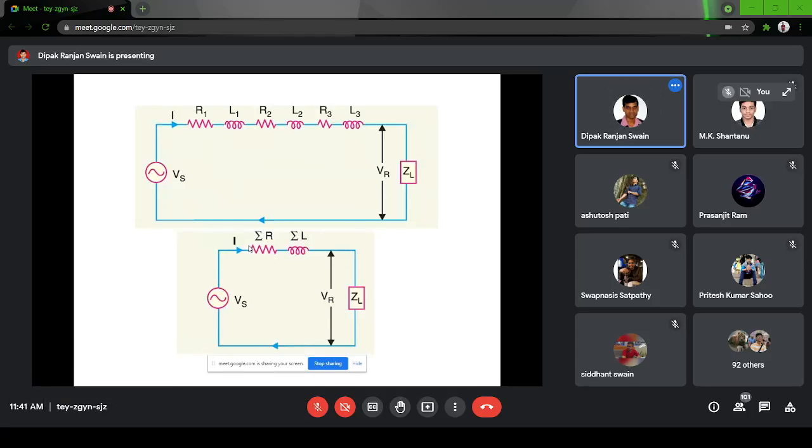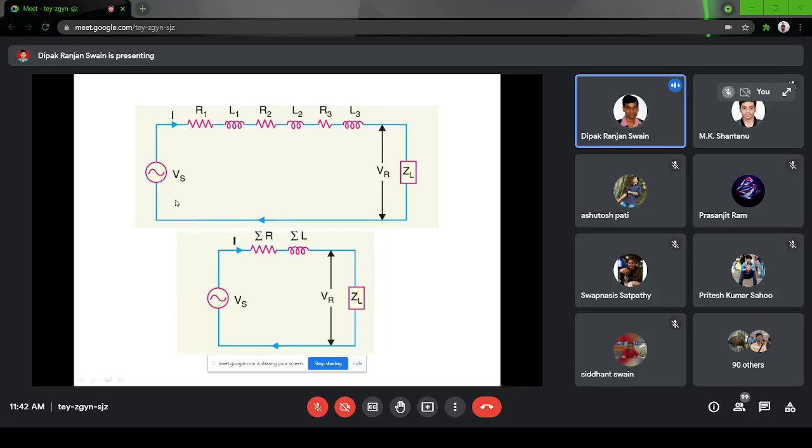Okay. So this is, as I have told, the way we represent the equivalent circuit of the transmission line. Here I have not shown the capacitor. So this is the simplest form of transmission line equivalent circuit. In the first circuit that you see, there are three different resistances and three different inductances connected. This type of circuit is called a uniformly distributed circuit. Whereas in the bottom circuit, they are combined into a single one. Though the capacitor is not shown, the capacitor will be between this point and this point, similarly this point and this point. So when you are summing them up into a single parameter, you are going to introduce some kind of error.